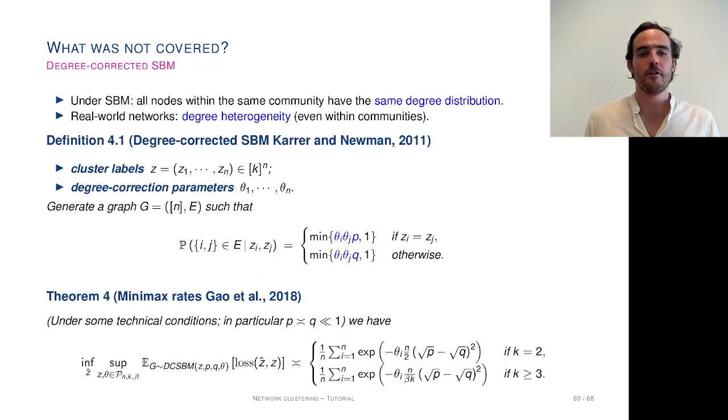Another thing we haven't covered is the degree corrected extension of SBM, and the reason for that is that one big issue with SBM is that if you look at a node, they all have the same degree distribution, or at least nodes that are in the same communities have the same degree distribution. This is not realistic because when we observe graphs, almost always you have some nodes that are very high degree, some nodes that